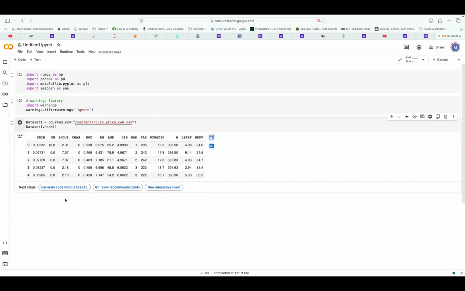That's fine. So now logically, if I am practicing for diabetes too, I can just go and upload the same way. Yes. Below it, create one more option, dataset 2 equals pd.read_csv. Create new cell. Okay. Dataset 2 equals pd.read